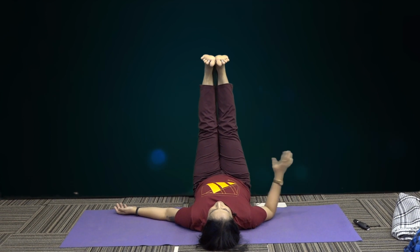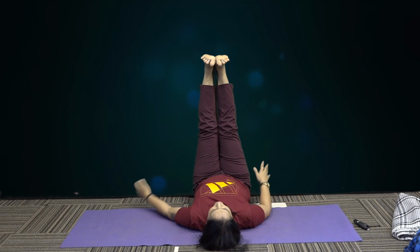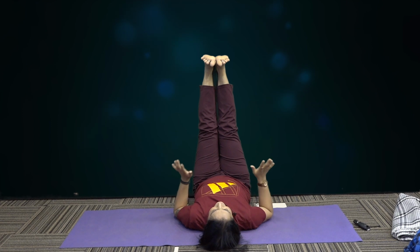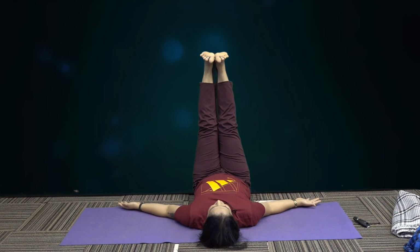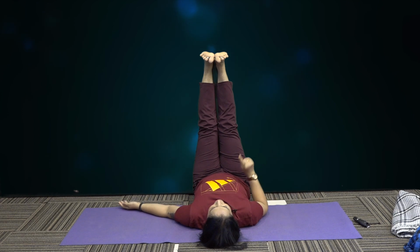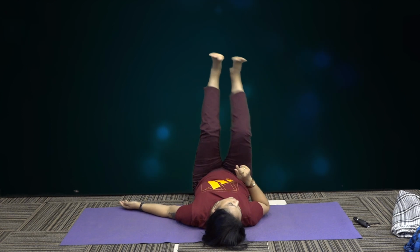Okay. Even in period days you can do this, because the buttocks are not elevated. So this is part 1. For part 2,